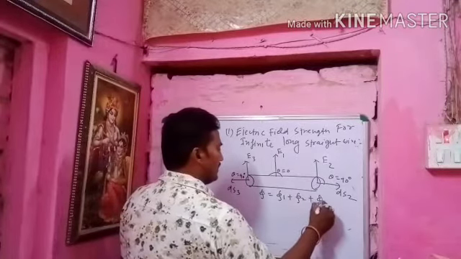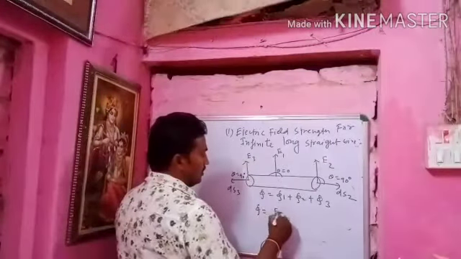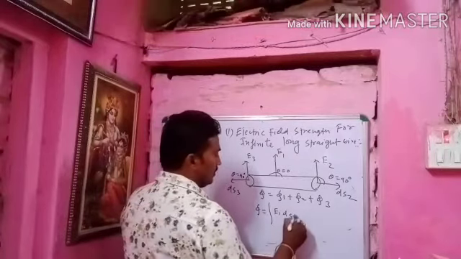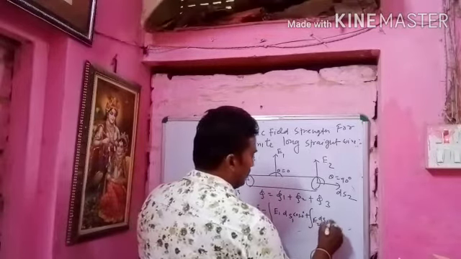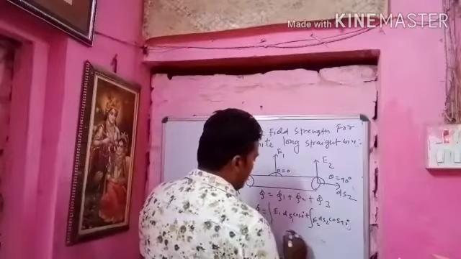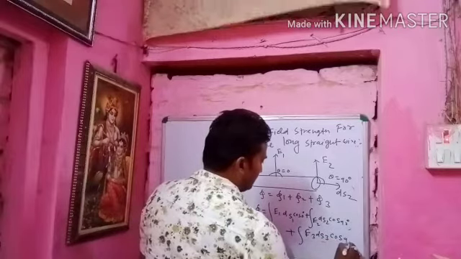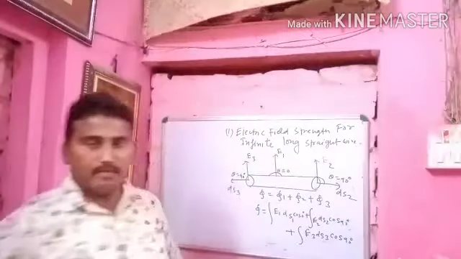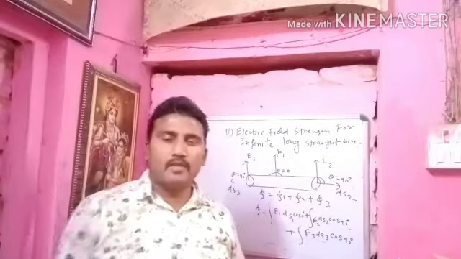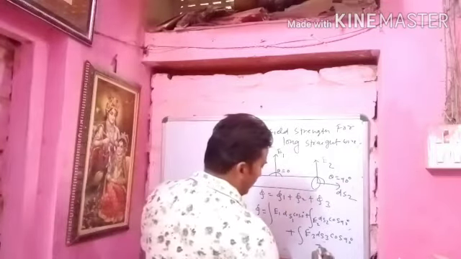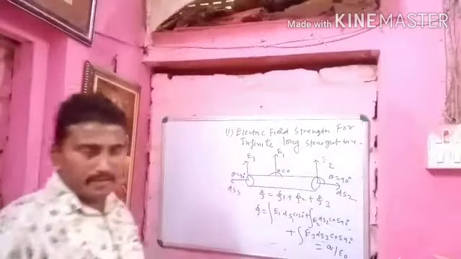Now the total flux for this figure is phi equal to phi 1 plus phi 2 plus phi 3. By Gauss's theorem, phi is equal to E1 ds1 cos 0 degree plus E2 ds2 cos 90 degree plus E3 ds3 cos 90. And we know that the electric field and force lines passing through the enclosed surface give phi equal to Q by epsilon naught. Therefore, the value of the RHS is Q upon epsilon naught.